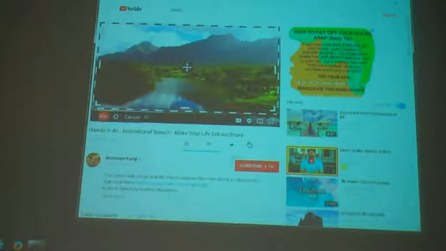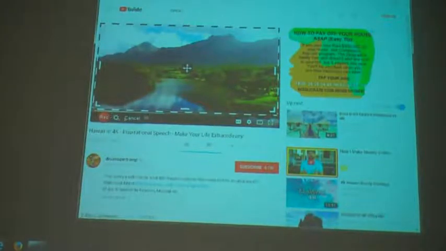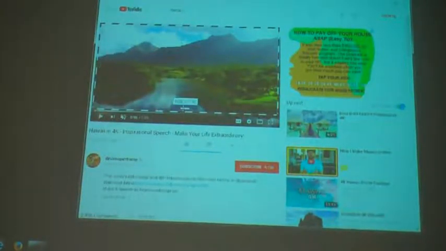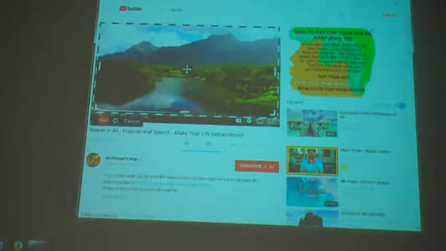Now, there's two things you can do here. You can drag this thing all the way down to the bottom, because this thing will disappear at some point. But here's where the problem comes in. You have to tell this thing to start running by clicking record. And that record thing is going to interfere with the make the video run thing. They're going to get in each other's way, okay? So that's where the problem comes in with that. So you basically have to always be careful that you have this record button here